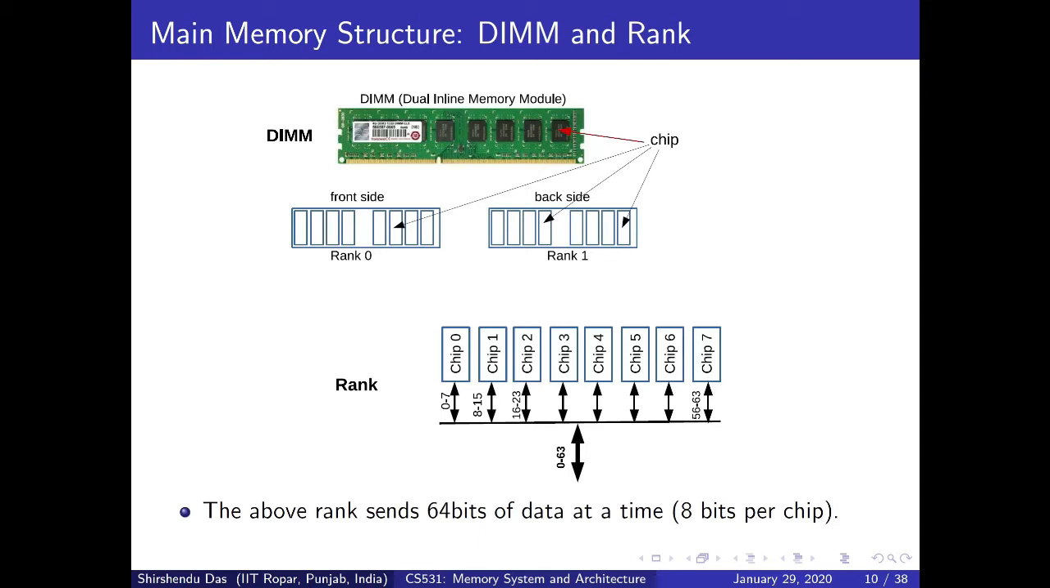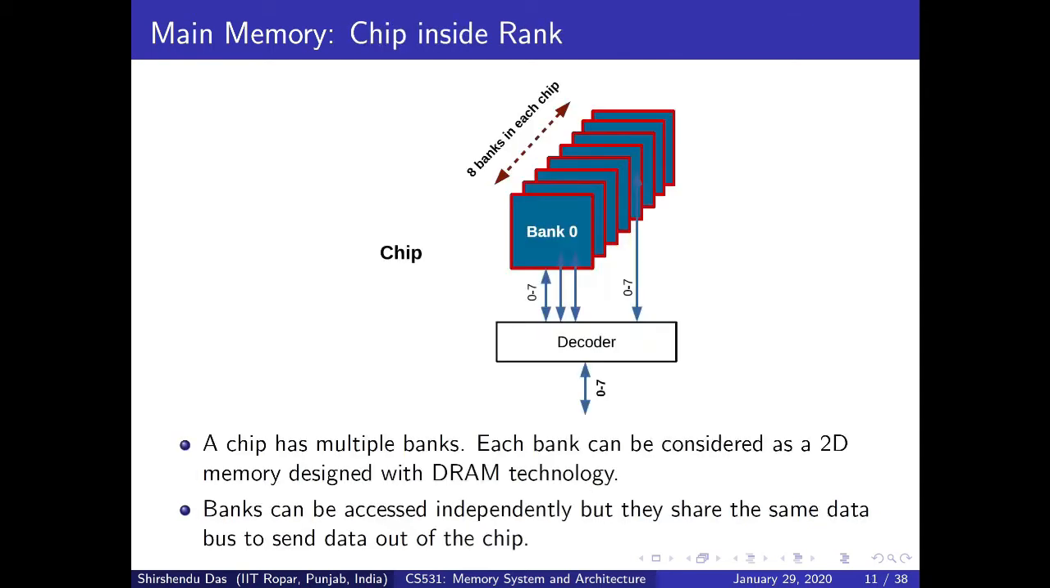Now let me explain the internal structure of a chip. How does a chip look? A chip looks like this. A chip normally has multiple banks. In this case, you can see there are multiple banks: bank 0, bank 1, bank 2, up to bank 8. There are 8 banks in this chip,